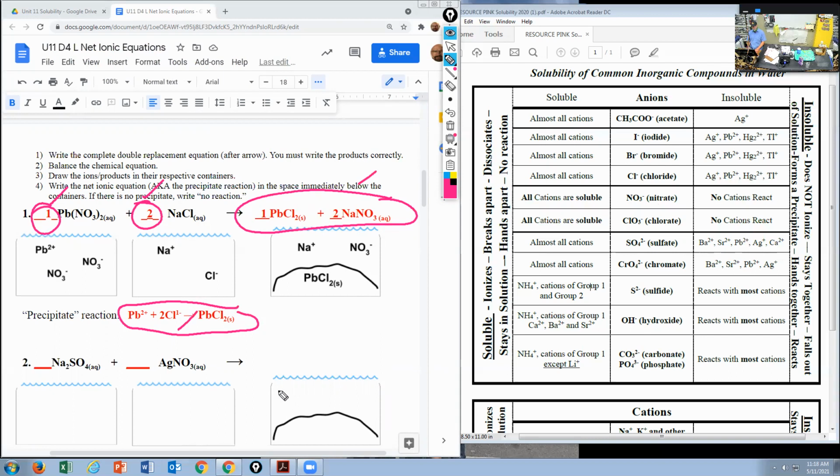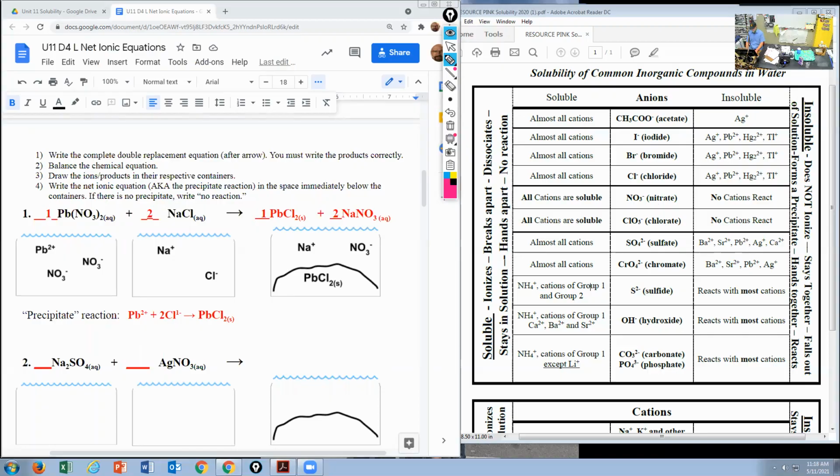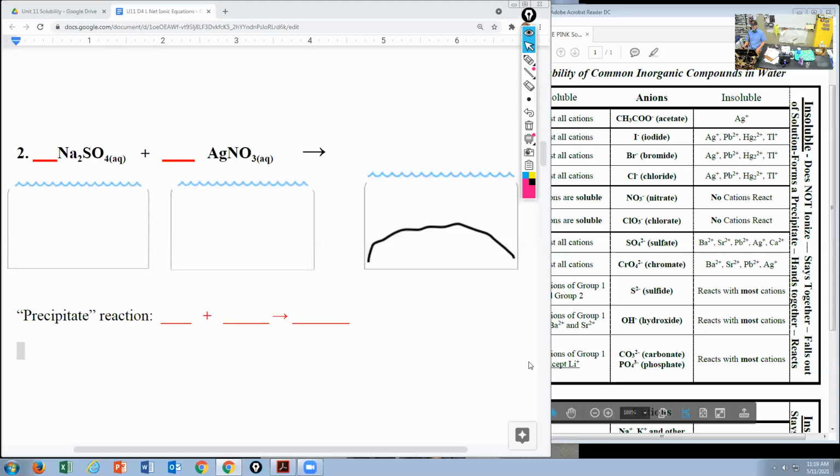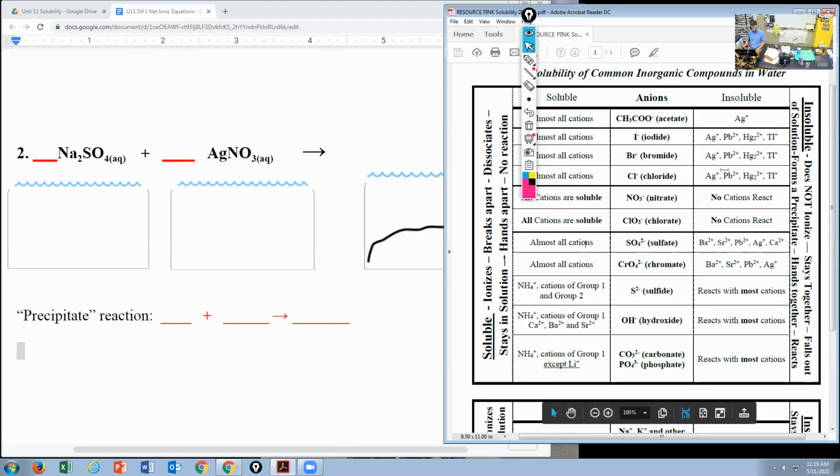Lucky for you, I'm doing problem number 2 for you, and then you only have to do 3 problems after that. So the directions are up here at the top, all right, but I'm going to take you through it right now. I'm going to work this one out for you. So let me get that one going for you. Now, I've enlarged the screen a little bit, but you can still see that I have my